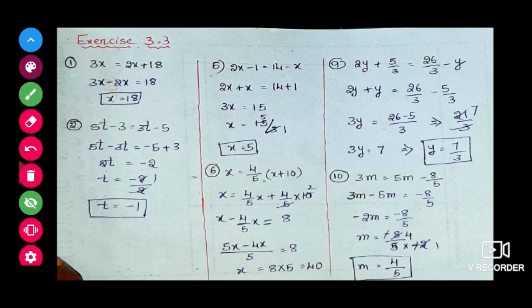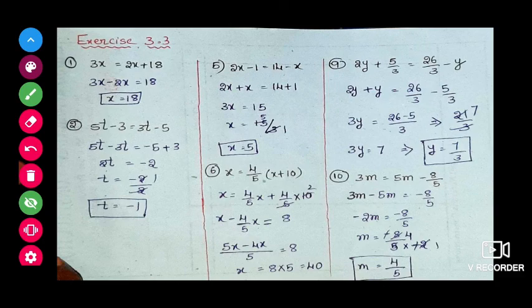So here, the same way, we want all the variables one side, constants one side. So already 3m is this side, and that side 5m. If I bring this side, minus 5m is equal to minus 8 by 5. Now 3m minus 5m means the negative is more whenever we are subtracting. So automatically the result will get a negative symbol. Minus 2m is equal to minus 8 by 5. Both the sides minus we can cancel directly here only. No ma'am, we will get a little bit of confusion. Then send that side and cancel.